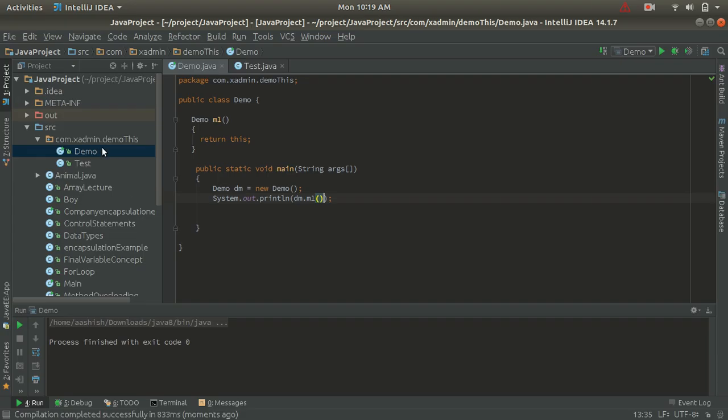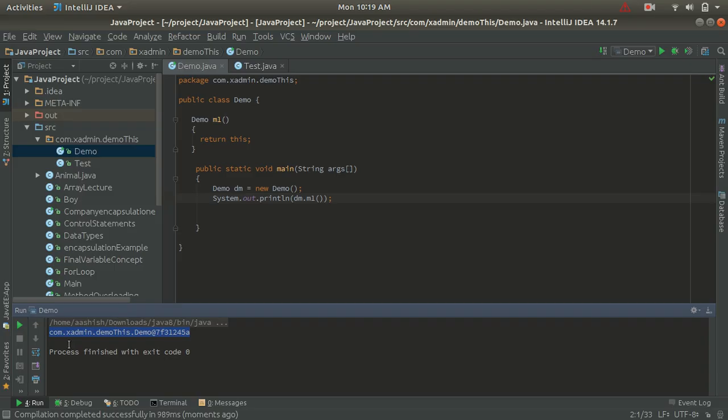We can run this program and see the reference variable inside the main method. You can see that we are getting this reference, and this is the current class reference variable.